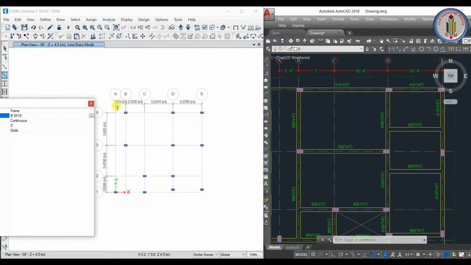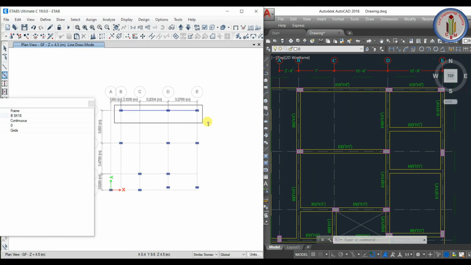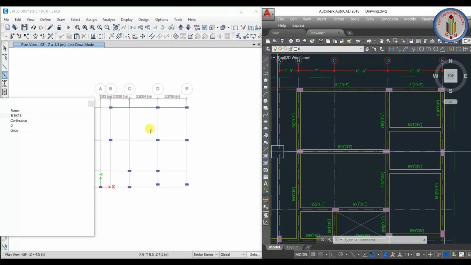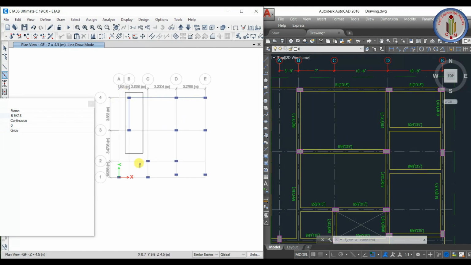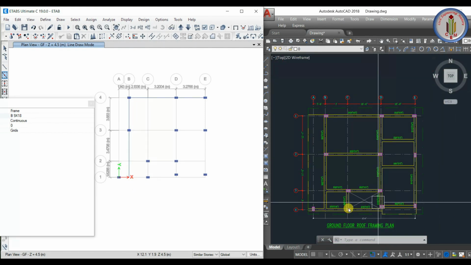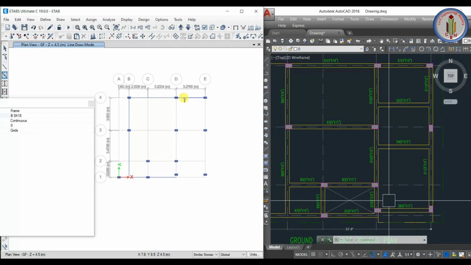Select 9 by 18, and wherever 9 by 18 is there, you can use this draw option and then draw the beam. So here also 9 by 18 is there, and this beam also 9 by 18. Let's keep this one as well, and this is also 9 by 18, and this is also 9 by 18. Next, let's choose 9 by 15 here.